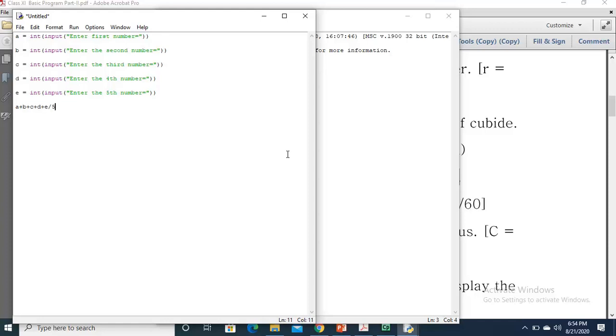Now we have calculated the average, but again we require some variable in which we store the result. For this purpose we have used avg. I have created a variable avg. It will store whatever result we get by adding these 5 variables and dividing by 5.